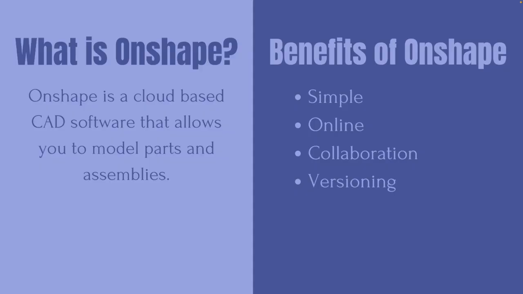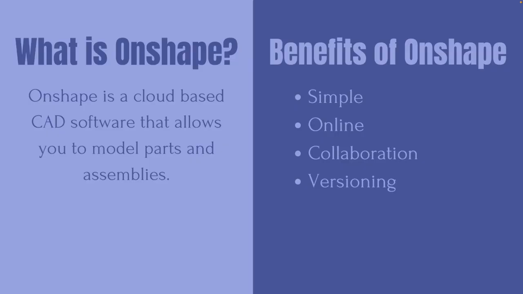Moving on, I'll now be covering what Onshape is. Onshape is cloud-based CAD software that allows you to model parts and assemblies and create drawings of the things that you've modeled. Some benefits of Onshape are that it's very simple. Because Onshape is parametric, or in other words, the different parts that rely on each other can be changed together. If you change one part, anything that relies on that one part will also change as well,